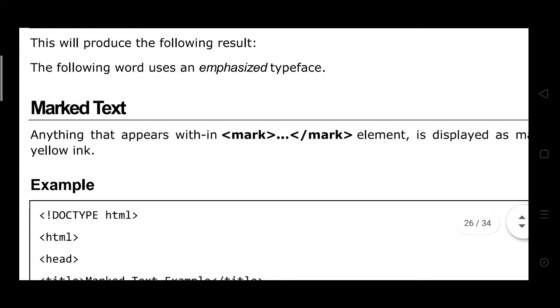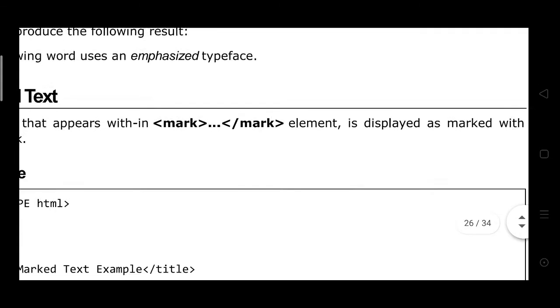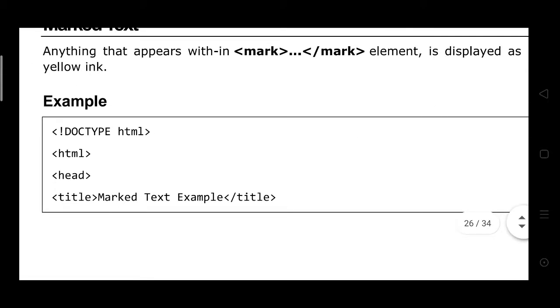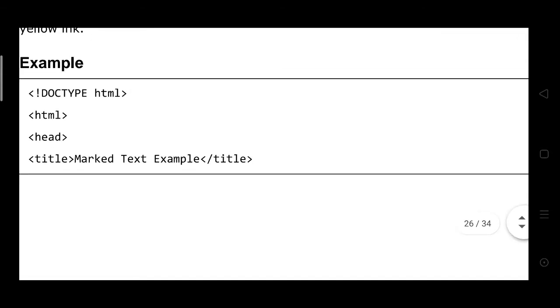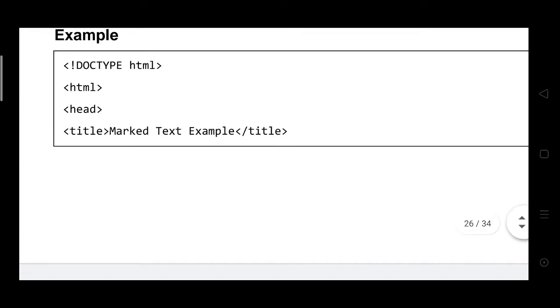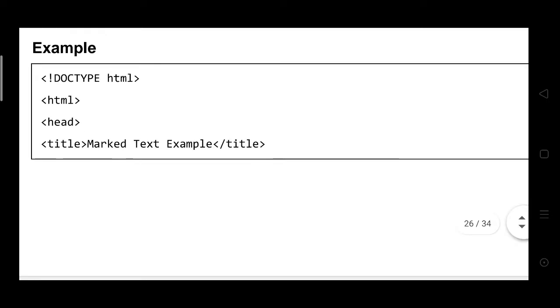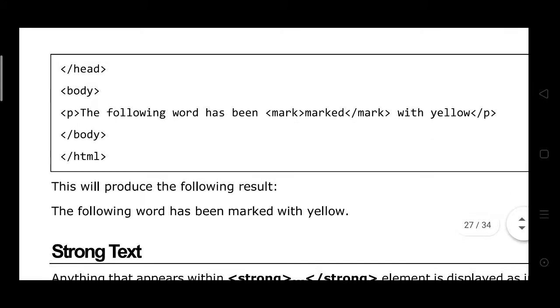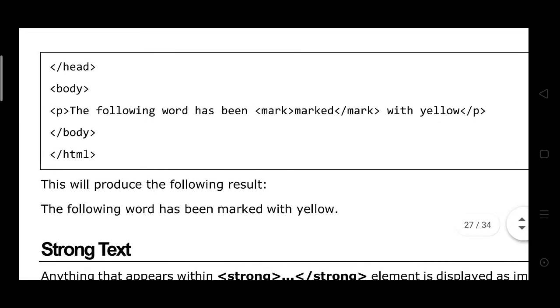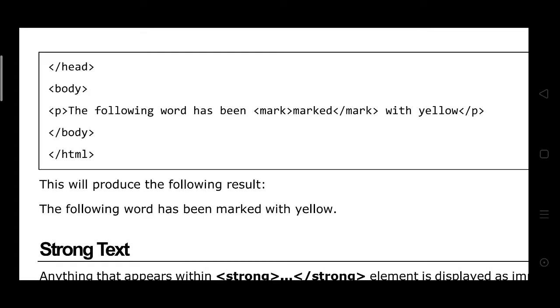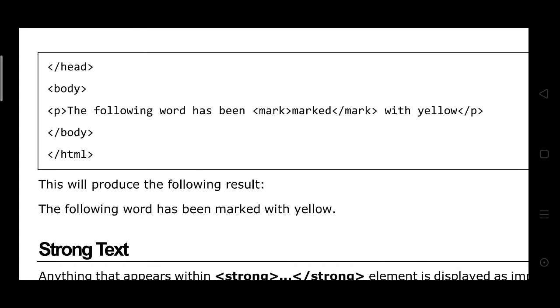Marked text. Anything that appears within the mark element is displayed marked with yellow ink. For example, this is also doctype HTML, head, mark type example, head, body. The following word has been marked within the mark element with yellow.